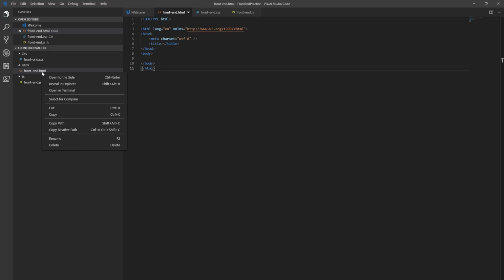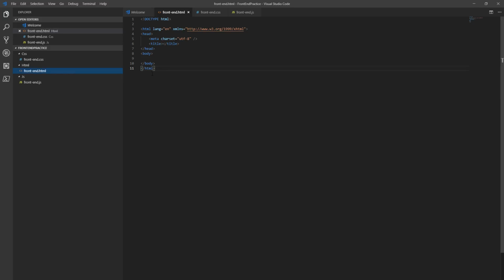So from here, let me see if I can open reveal in the... so I think that this is your basic HTML file. But I don't want to go into designing this. I just want to show you Visual Studio Code, how to open, create files, and all the rest. So with this, we'll go over to